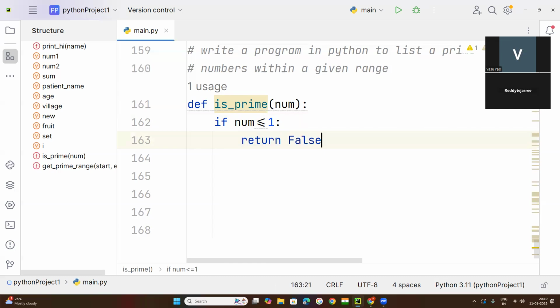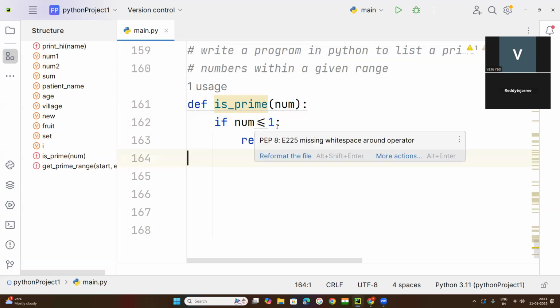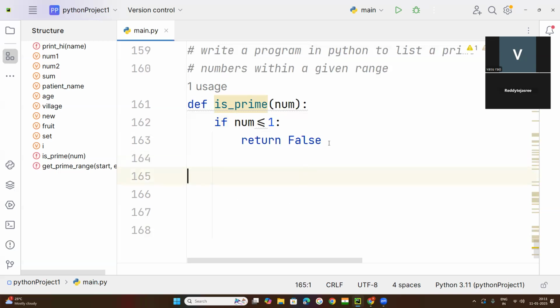What does this mean? As we have already studied, if the number is less than or equal to 1, return False means the given number is not a prime number. Next, for i in